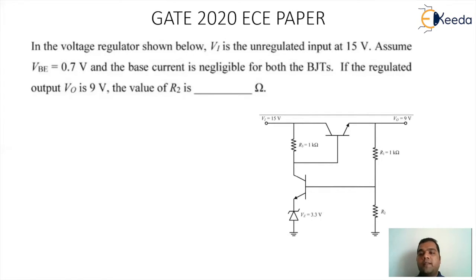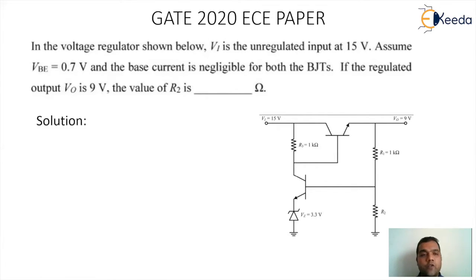The output is at the emitter of the second transistor where we are having a potential divider bias by the value R1 and R2, where R1 value is available with us. It is 1 kilo ohm. And the junction point of R1 and R2 is attached to the base of the first transistor. So now if we want to solve and get the value of R2, the first thing is we need to find the voltage of the base for the first transistor.